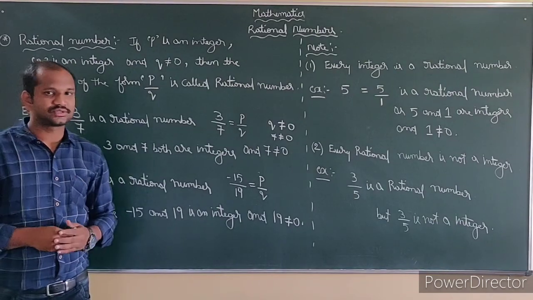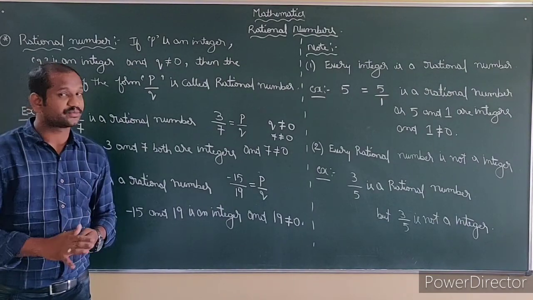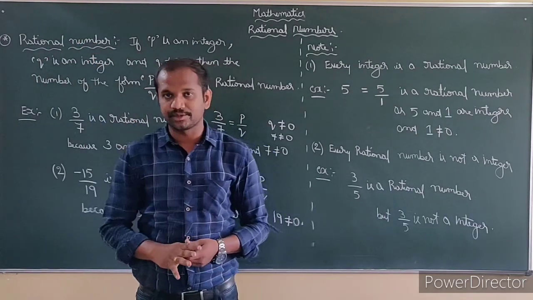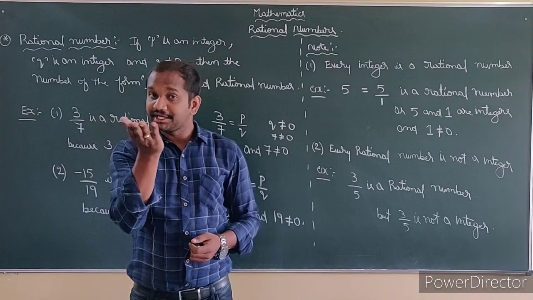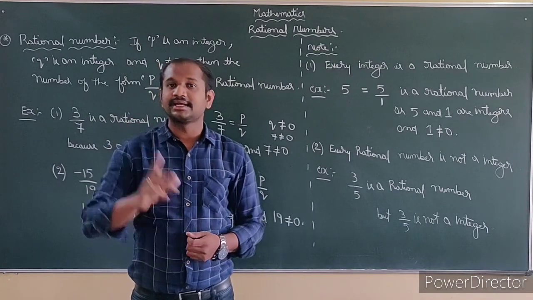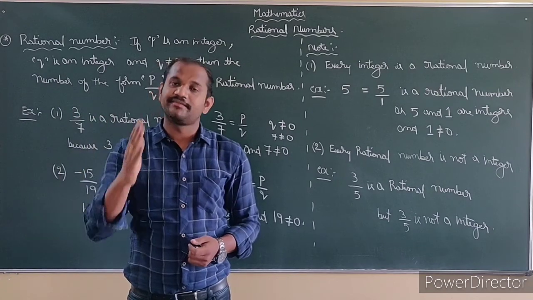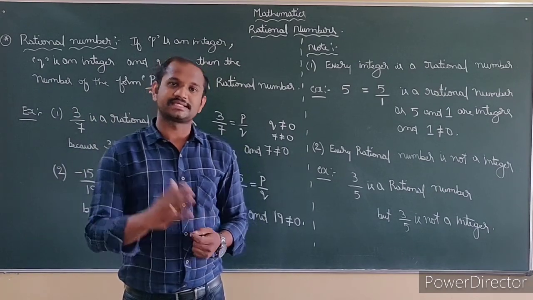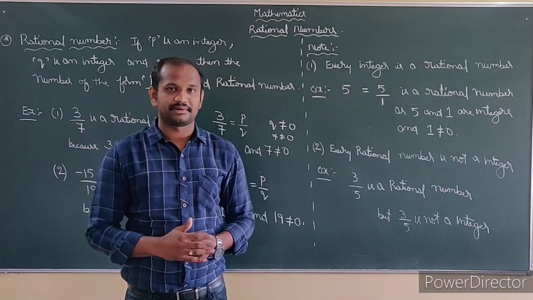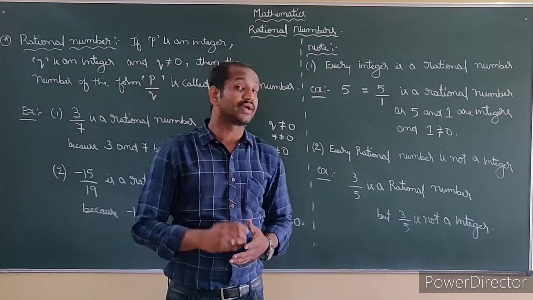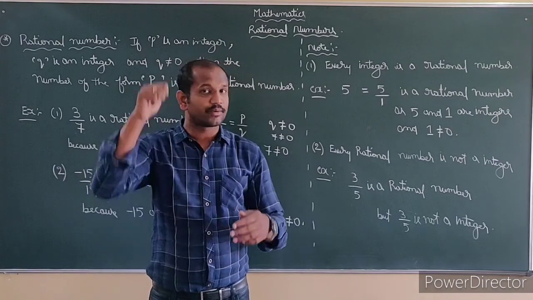I hope you have understood at least 50% till now of what a rational number means. A rational number will be in the order of p by q, in the sense a fraction, where the denominator, whatever number you take, should never be 0. Right? It should not be equal to 0. Then we can call that type of thing a rational number. Understand? Now we have nearly 6 very important notes to know about rational numbers.